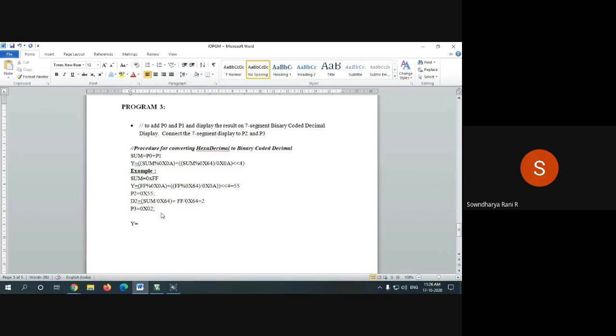y is equal to FF, which can be written as 255, right? And modulo 10, plus 255 modulo 100, divided by 10.